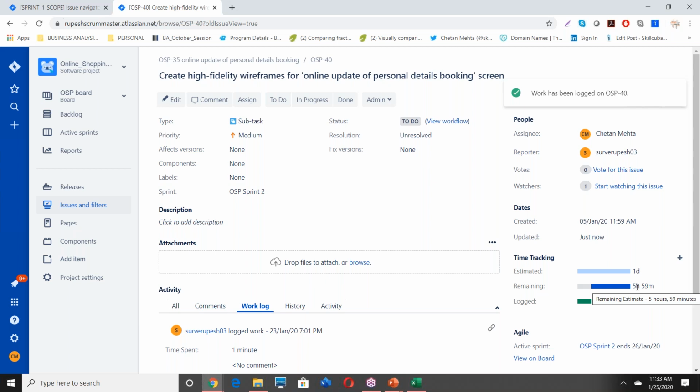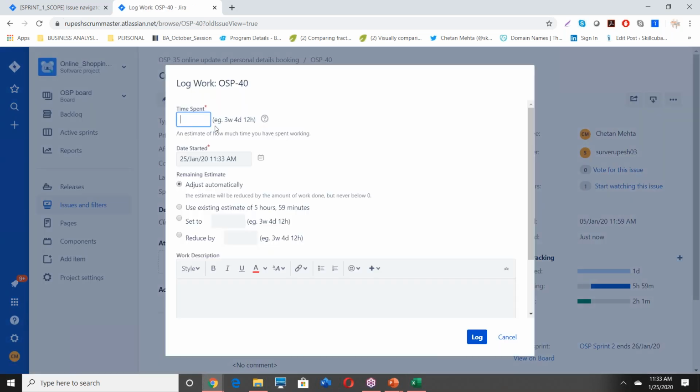See, now it reduced by that amount. 2 hours. Okay. And one more thing, how can we add, let's say, 5 hours and 59 minutes? I haven't tried it. Let me try this. That would be, we need to convert that into a ratio. I don't know. This is not going to work, I'm sure.